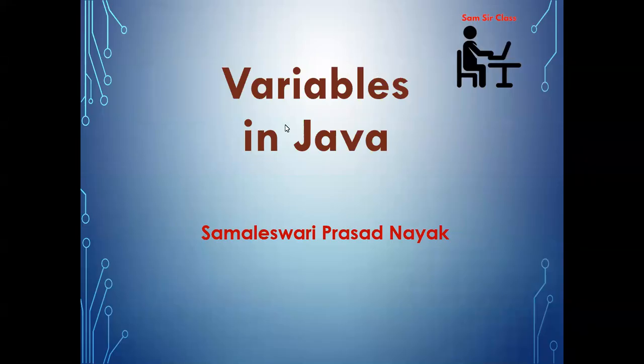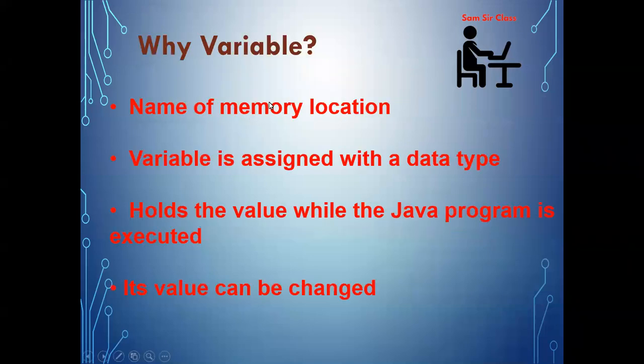So hello everyone. Through this we'll discuss the different kinds of variables available in Java. Whenever you are discussing other languages, we deal with two different types of variables: one is the local variable and the other is the global variable. And if you consider one more thing, you can also get the idea of the static variable. But in Java, first of all, we'll discuss why a variable is required.